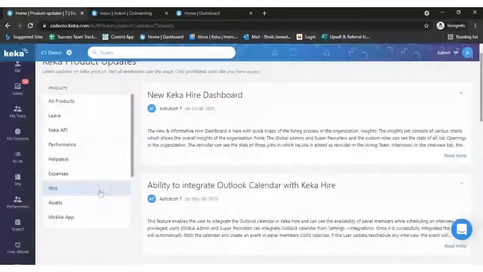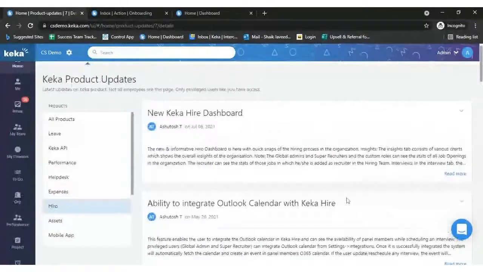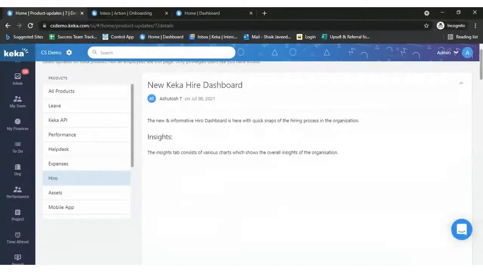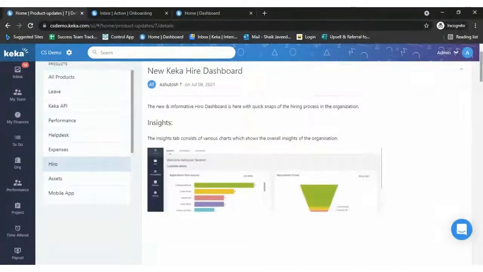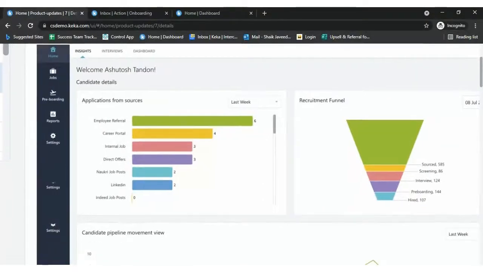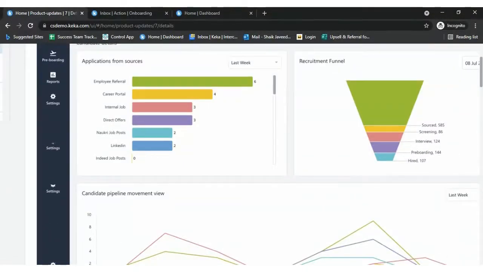So that's about the expense feature updates we got in place. Moving on to Hyro, there is no recent update, but we have one good feature, the new recruitment dashboard. We would be discussing that in the July updates, but I can give you a glance of how it looks. On the home page, it would be visible how many referrals are from different portals, capturing all job boards: how many have been sourced, how many are under screening, how many are under interview.